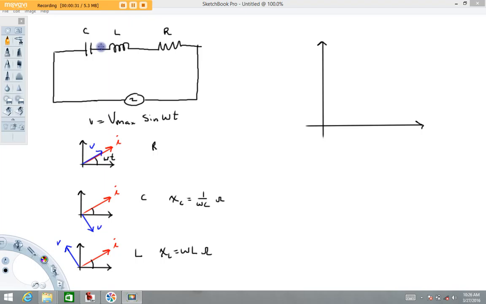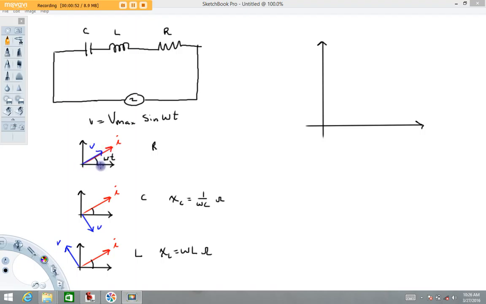So I kind of highlighted this. If you don't know what this is, go back and watch my videos about AC circuits hooked to each of these individually, but I've got kind of an overview of it right here. The phasor diagram for a resistor: remember that the voltage, which I did in blue, is in phase with the current.